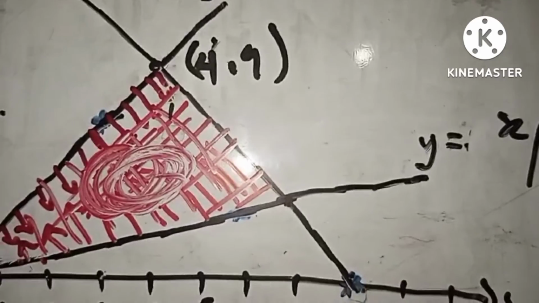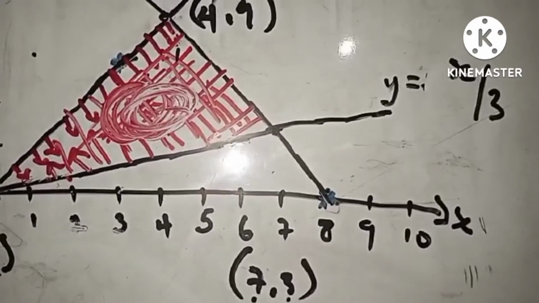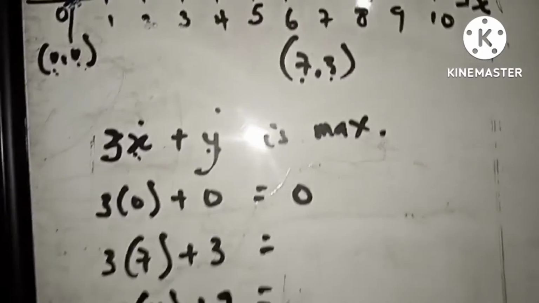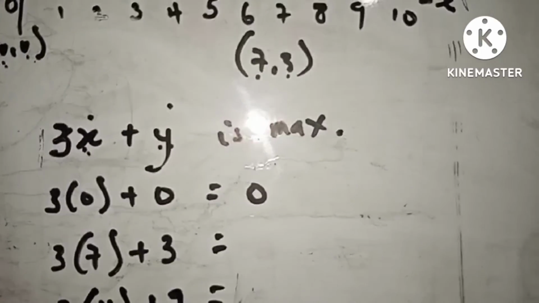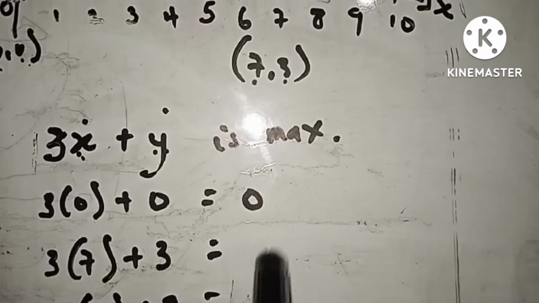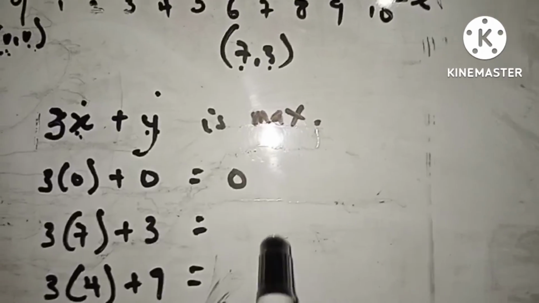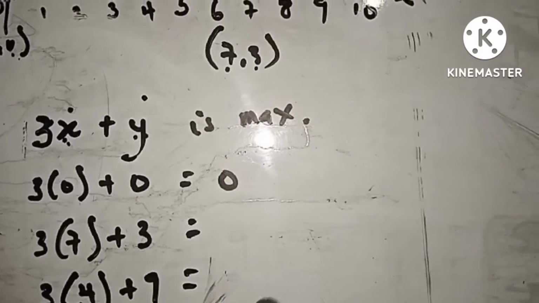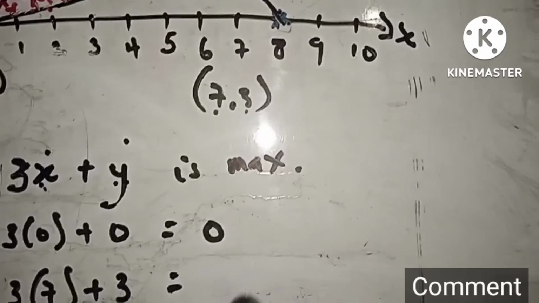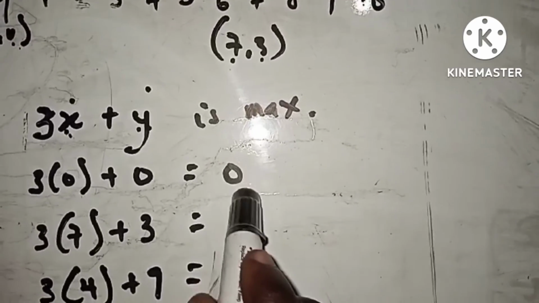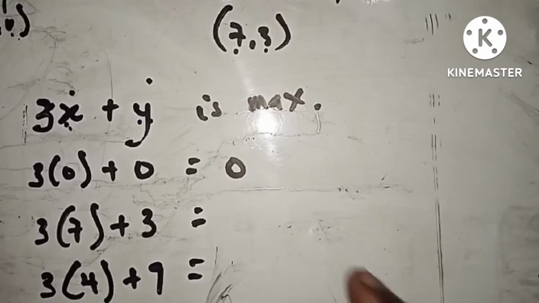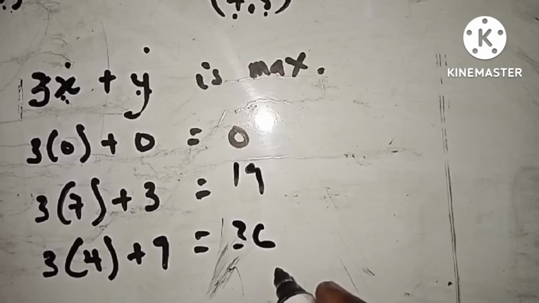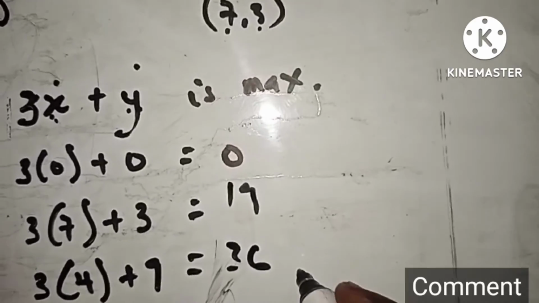And then finally we have the third point. What is the point here? x is equal to 4 and y is equal to 9. So maybe yours will be different from mine. Is that okay? So if you are done, you just need to determine the values of these expressions. Once you calculate all these three, the biggest one is going to be the maximum, right? The biggest number among all these three will be the most. Suppose here I had 90 and here I had 36. I mean, suppose. So maybe you may have a different answer. So this one will be